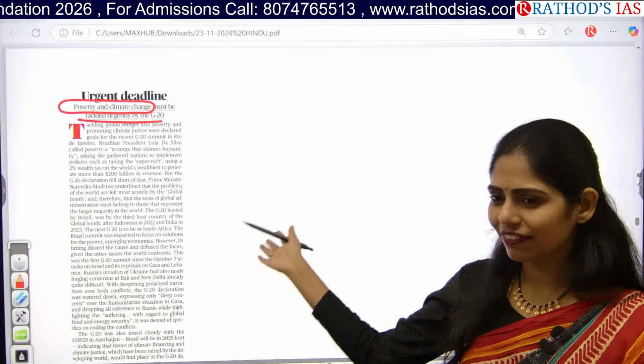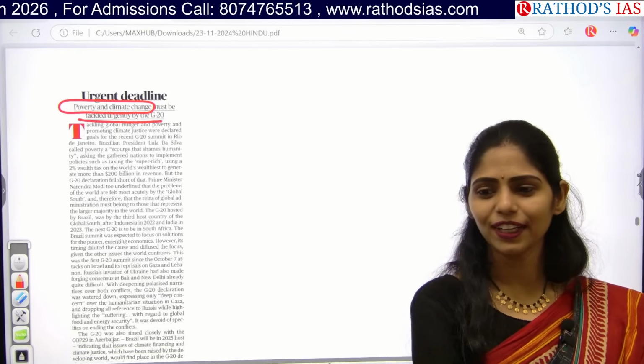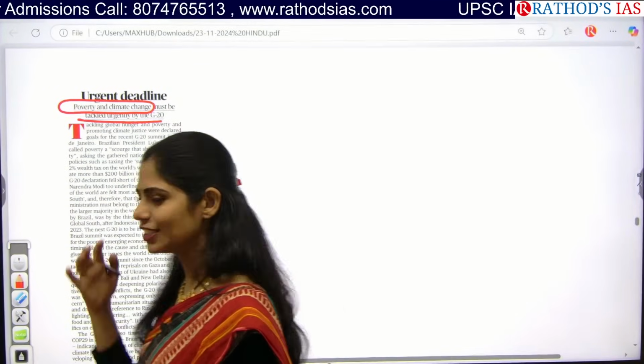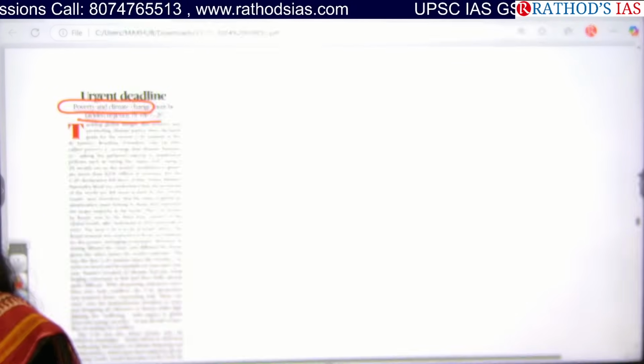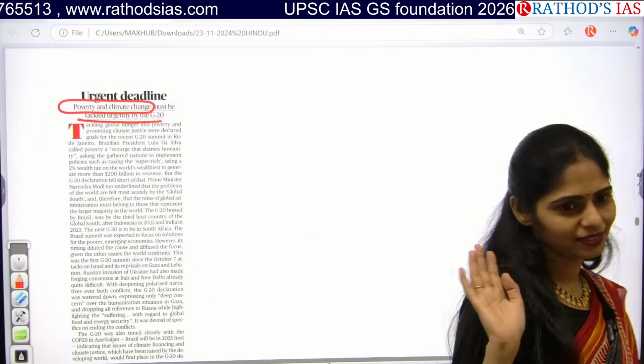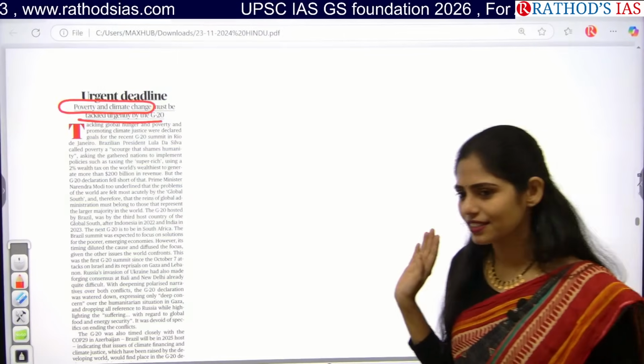This is also helpful for your essay. The essay you have to write is ultimately 1200 words. If you remember, if I am revising all these things, then only you will remember, or else you can't. So if I tell 10 examples in the examination, you will be remembering only one or two. That is also very difficult for you guys.